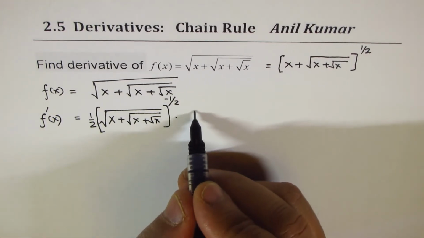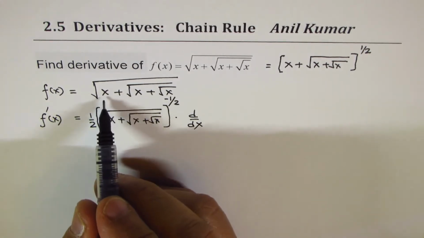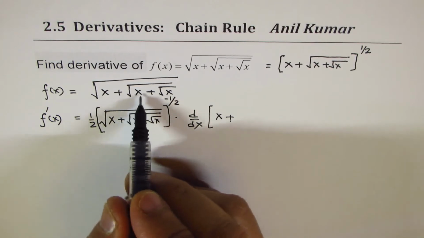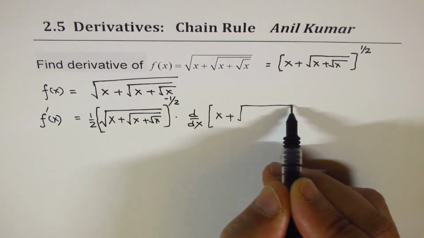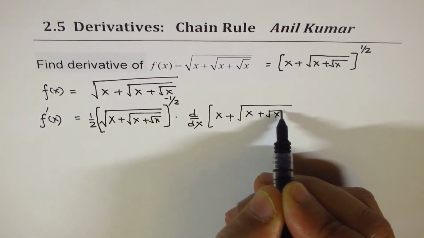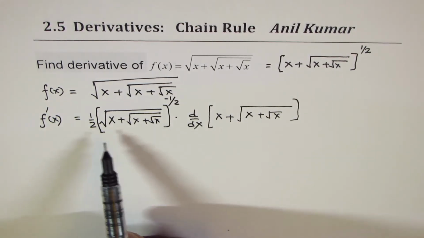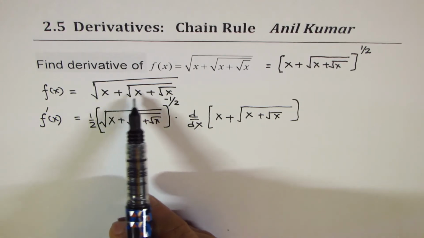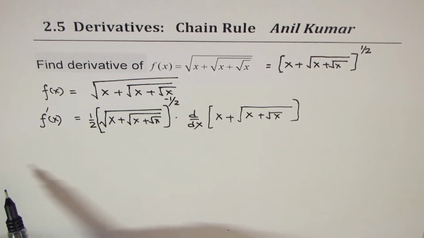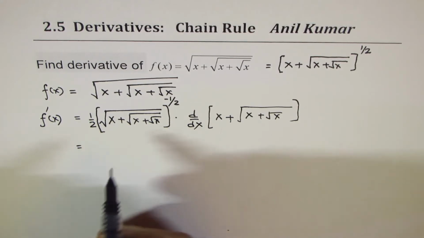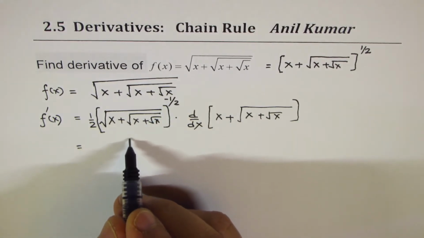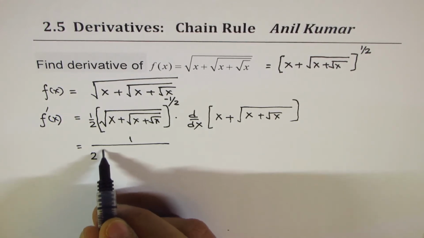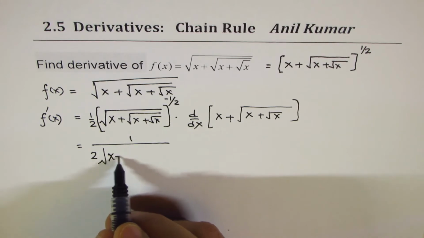And then it is derivative of inside function. Inside function now is x plus all this, right? So let me write in the square root form. Do you see that? So derivative of outside function times derivative of what remains inside. Correct? Now this is negative, so all this comes in the denominator. So we have 2 times square root of original function, which is x plus,